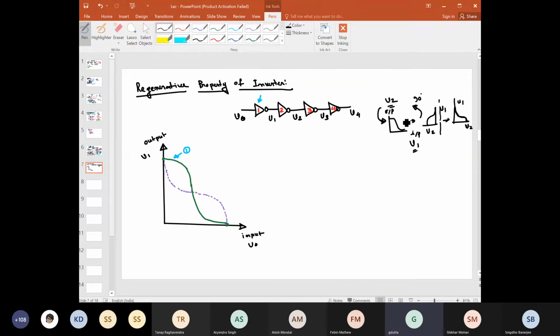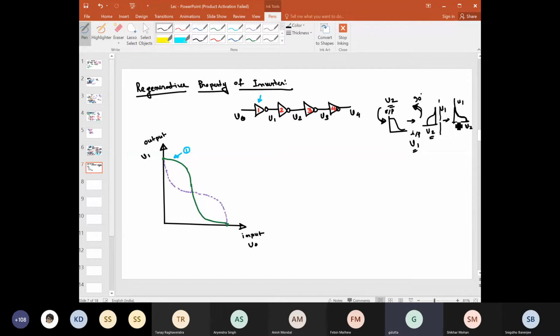So you have to interchange then. If you interchange, then V2 will come here. What I am saying is, just take a 90-degree shift, just for your understanding, and you will get a characteristic like this. But if you have to superimpose on top of it, then take a mirror, and you will get V1, V2.